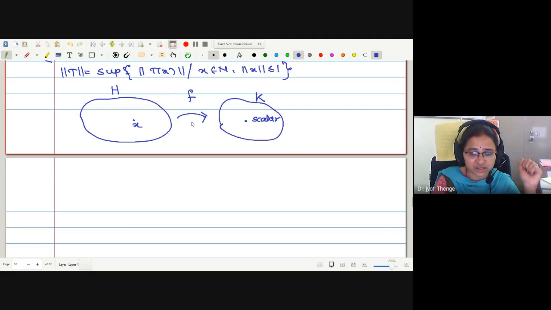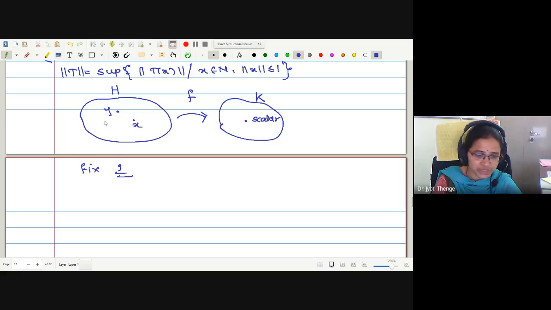But as we are in the inner product spaces, the scalar is obtained by taking an inner product with some other element of H. What is that other element? Let us fix that vector, say y. Let us pick the vector y. Once I fix the vector y, what will we do? The image of this functional f on x is the inner product of x with the fixed y. The image of x under the function f, that is f of x, is denoted as